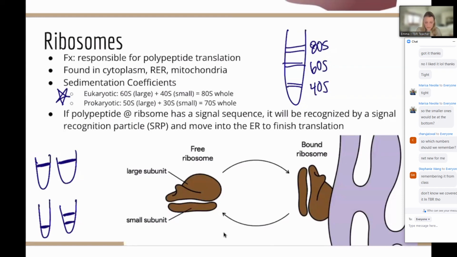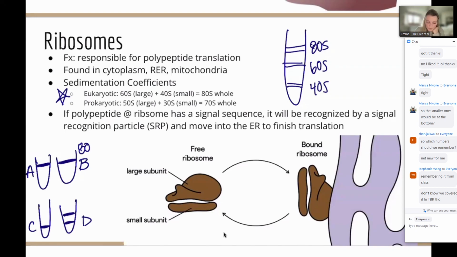So you might say, well, if this was A, A and B show about the same, and a higher number is typically higher up in the container, and they're usually labeled. So we'll say, well, these guys both contain 80, so we know those are whole ribosomes. So those are not going to be parts of the subunits. Compared to when we see two bands, we know that we have two different subunits. So these are going to be potentially large and small in this one labeled D compared to C, which shows only one band. And we know that the different subunits have different sedimentation coefficients, so they need to be at different parts of the vial. So this is how you can use these.